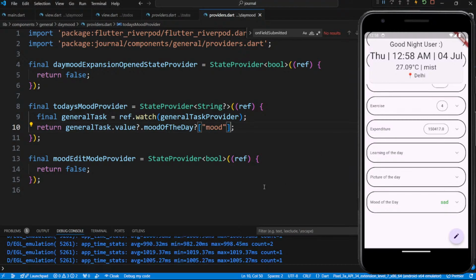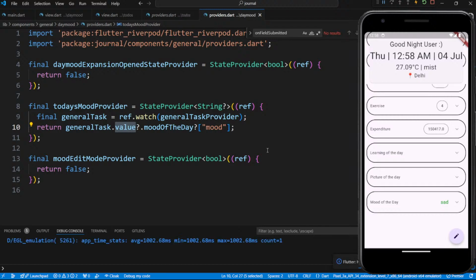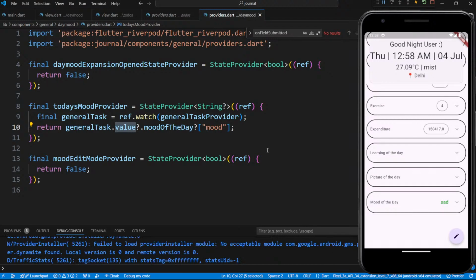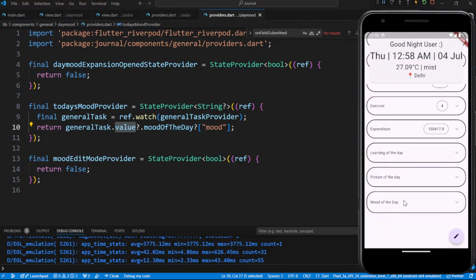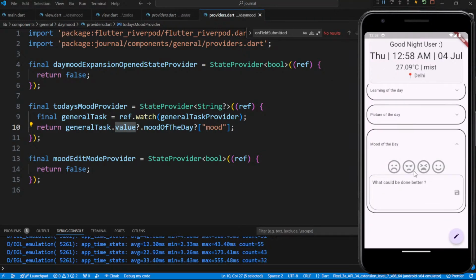So what we did is, if you see on the state provider, we're watching for general task here also, and we're passing the value. If it's there, pass it, or else it is passed. Let me reload this page. So if you see in the first instance, there will be nothing, so it's not chosen. So let's say we're happy,